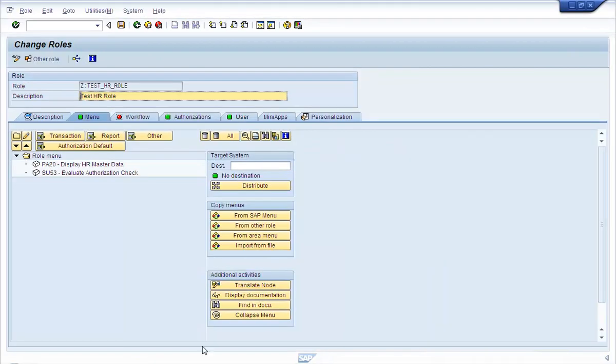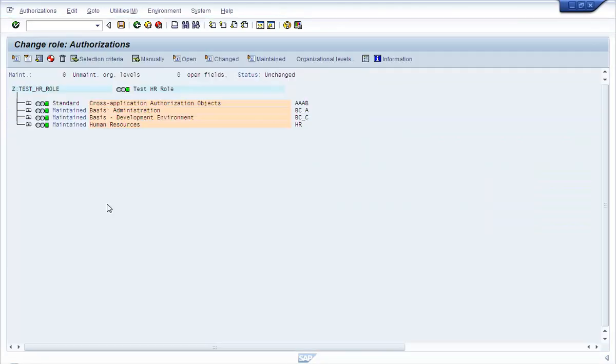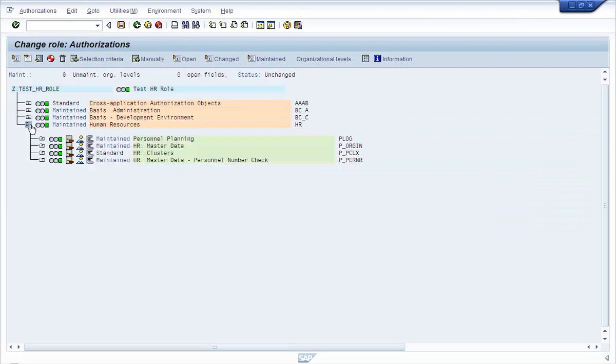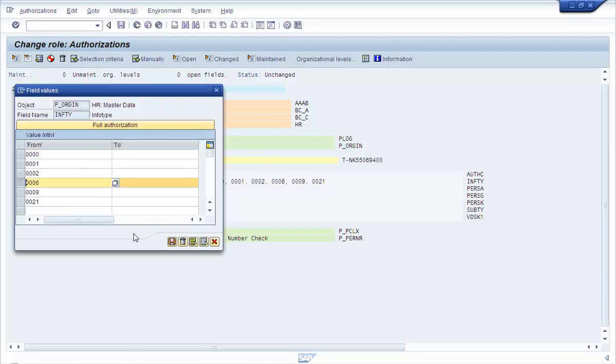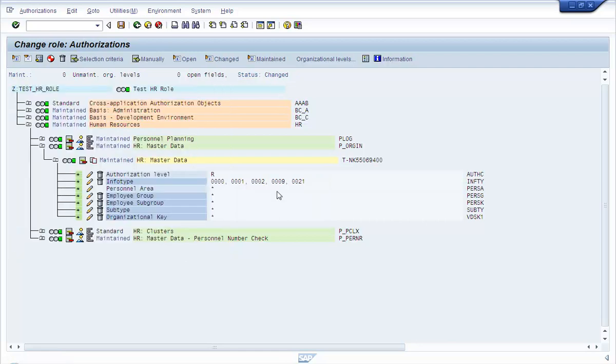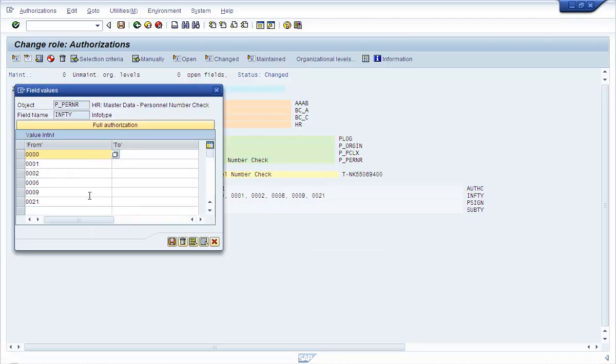Now let us go and change the role and remove info type 6 from the role, which is addresses, and see if the user has access. So we have removed 6 from the role. Let's remove it from here also.